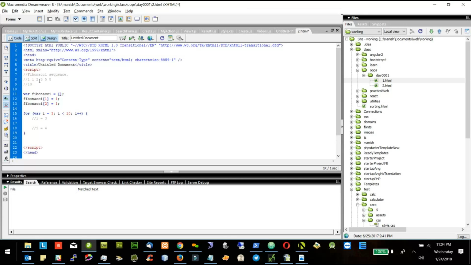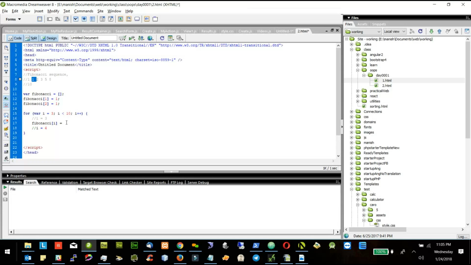We have to find the value of the third element, where I is equal to 3. So to find the value of I equal to 3, we have to go two levels back, that is this minus 2 and this minus 1. That means I subtract 2 and then I subtract 1, and I add both the numbers, that is 1 plus 1, I will get this number. So here I can say Fibonacci of I is 3 in this case, and it will be equal to, since it is 3, I will go 2 minus and I will go 1 minus.